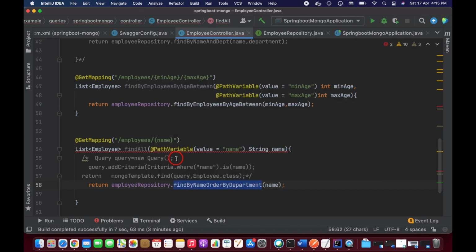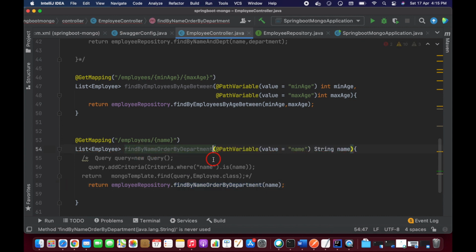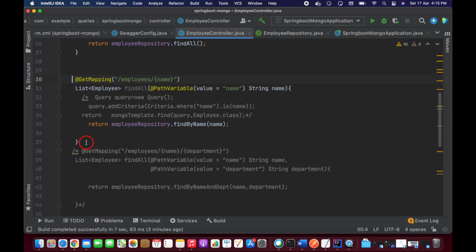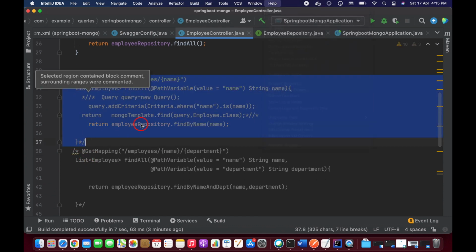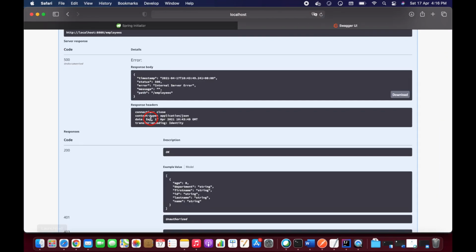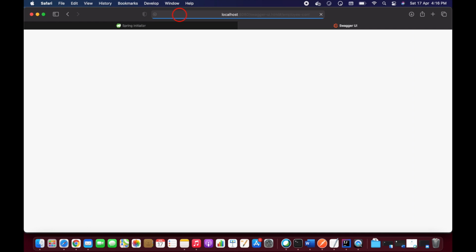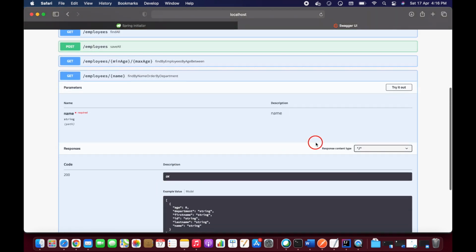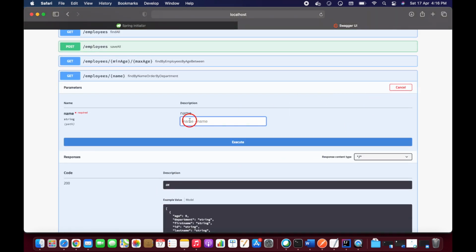Let's save this, and let's comment this out because we will get the ambiguous error. And let's start this application, guys. Let's open our endpoint and refresh, and find by name and order by department. Let's add some name here, and I have Tom, right? So Tom.